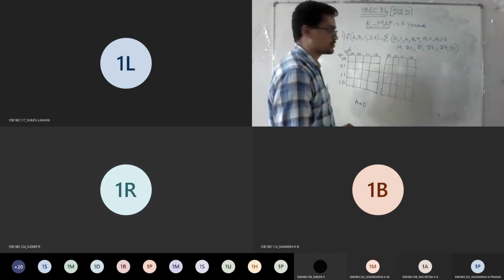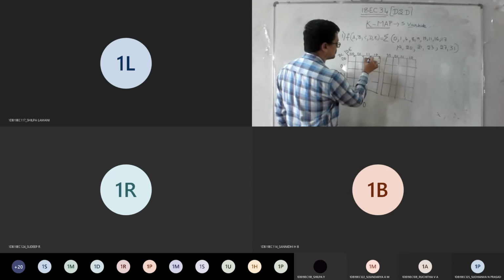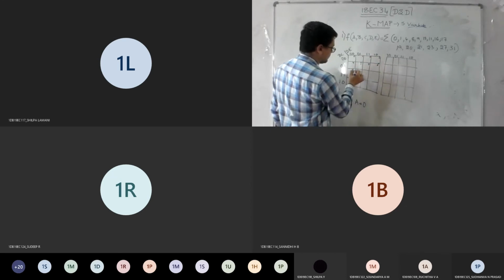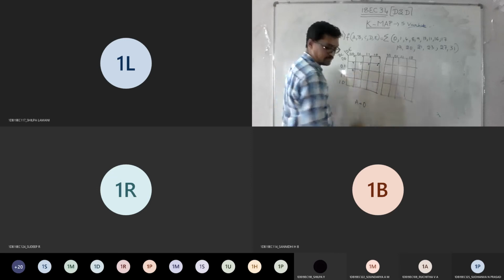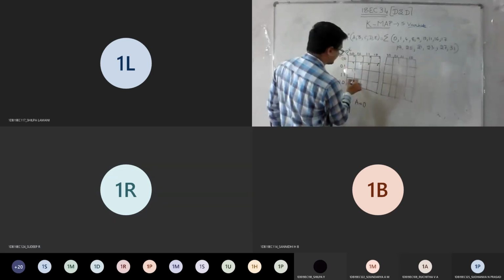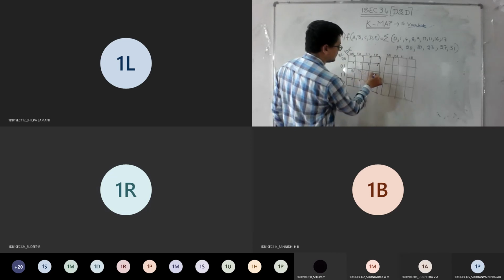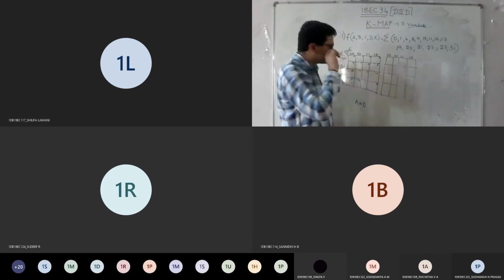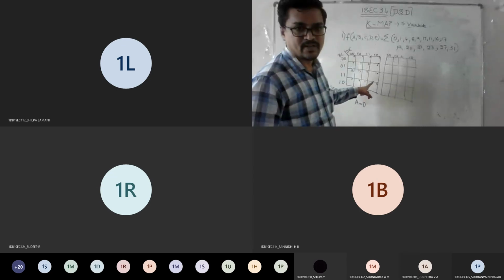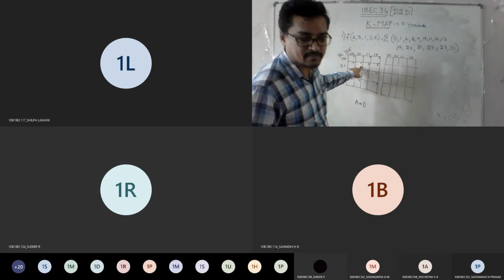I want numbering, right? Same way, in the first table you fill 0, 1, 2, 3, 4, 5, 6, 7, 8, 9, 10, 11, 12, 13, 14 and 15. If anybody has a doubt on what basis I am writing this cell number, you can check here.